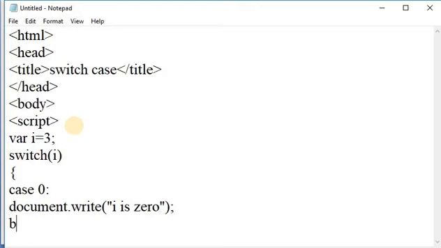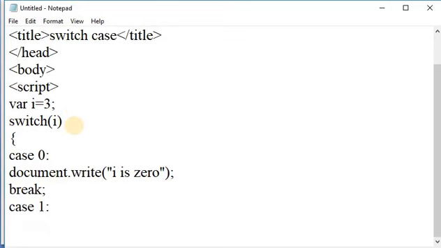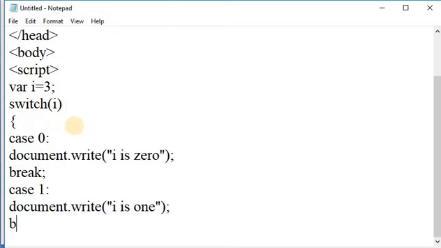Next, break the statement by using the break keyword. Here again case 1 colon, document.write, i is 1. Break.